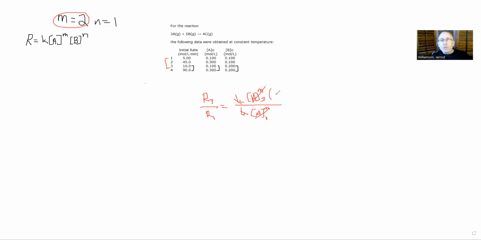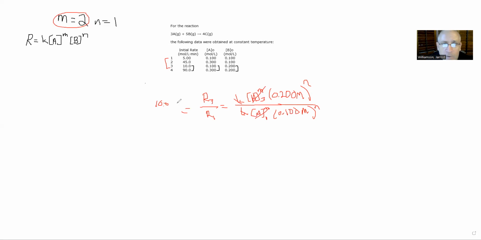And I'll be left with here 0.2 molarity to the N over 0.1 molarity to the N, and rate 3 over rate 2, that is going to be